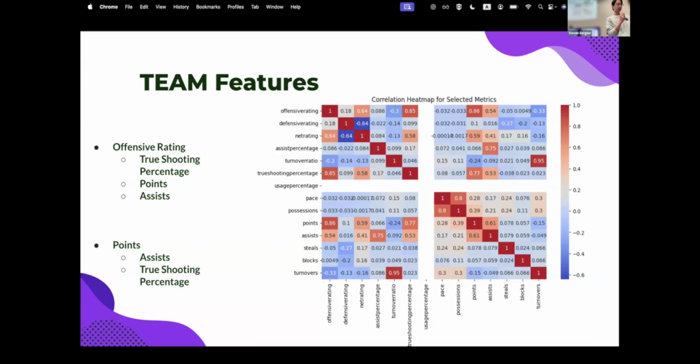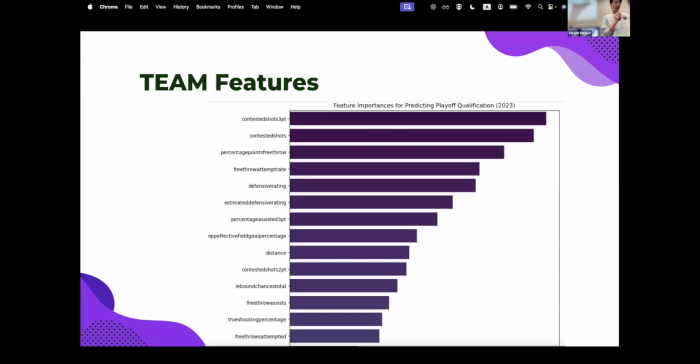We do a simple correlation heat map first, and we can see that offensive rating is highly related to the true shooting percentage for each team, and points are also more related to assists and true shooting percentage. We also did feature importance prediction based on different kinds of features.